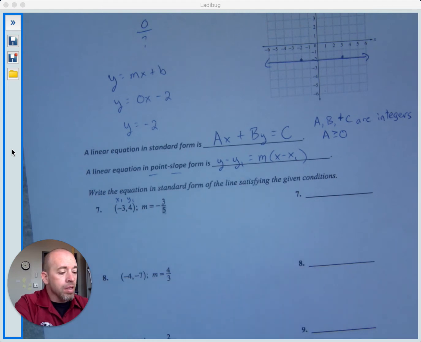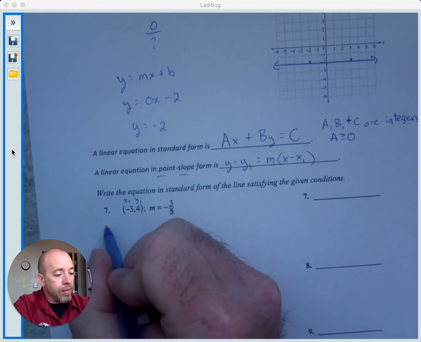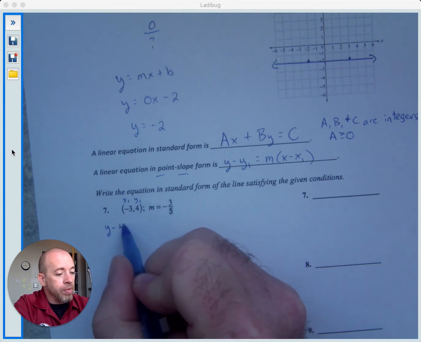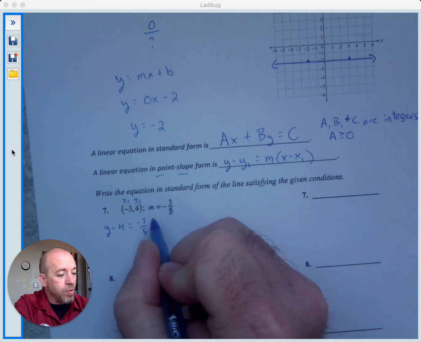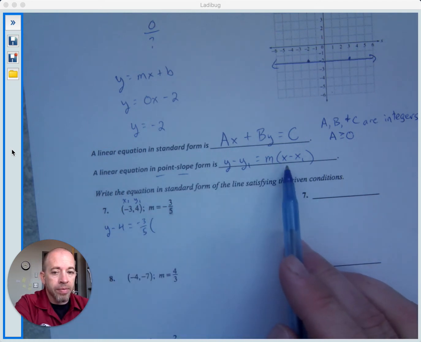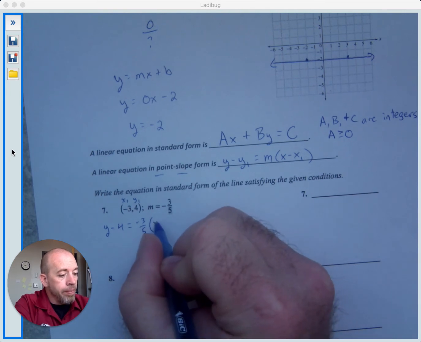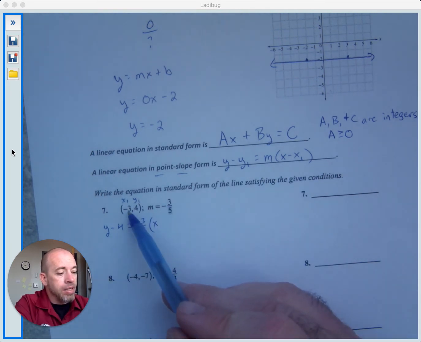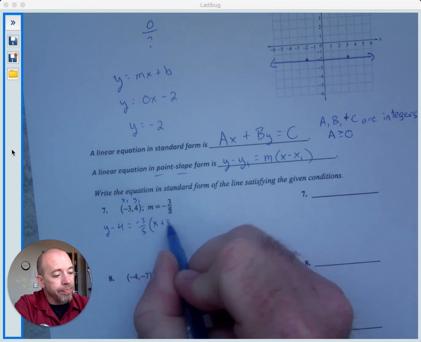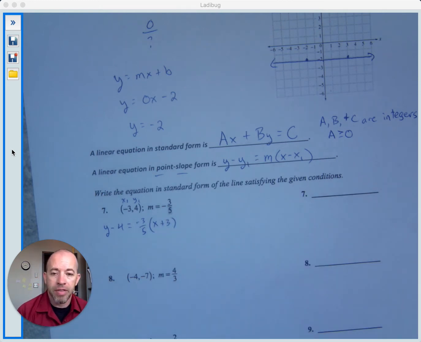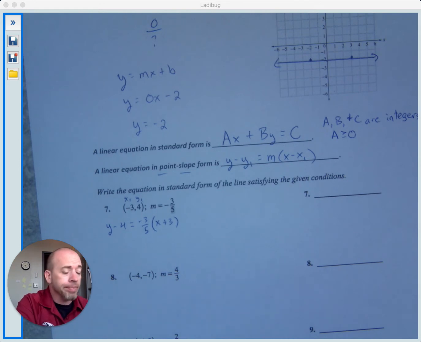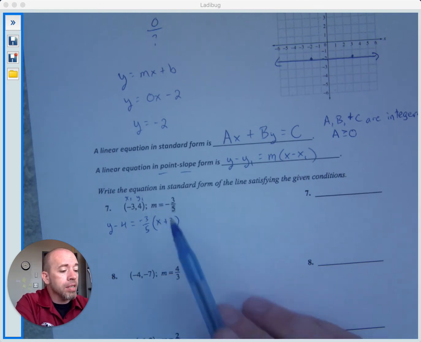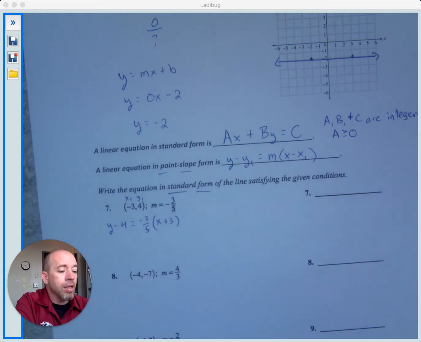So I have y minus 4, which is my y1, equals our slope, -3/5, times the quantity, and again I'm using this form here, x minus x1. So x minus a negative 3 would be x plus 3, right? So we have this, but this is an equation of the line, but it's not in standard form. Now, you might think it's kind of ugly and nasty, so we try to make it look prettier, basically. So if we want to get this to standard form, which we're asked to do,